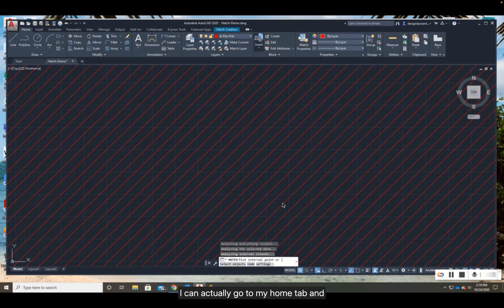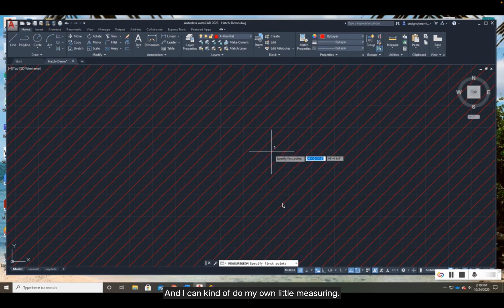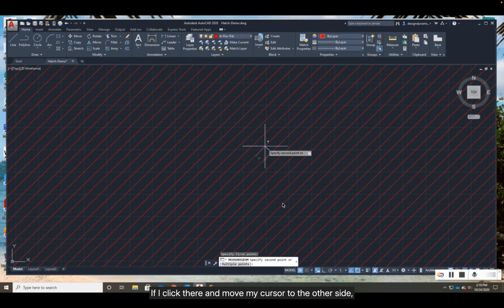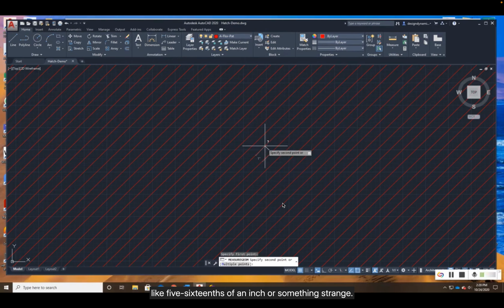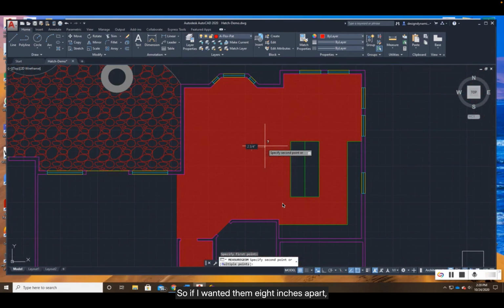I can go to my home tab, and I can go to distance, and I can do my own little measuring. If I click there and move my cursor to the other side, I can see that it's 1 inch. It won't give you something weird like 5/16 of an inch or something strange. It'll actually give you a real unit. So each line is 1 inch apart. So if I wanted them 8 inches apart,